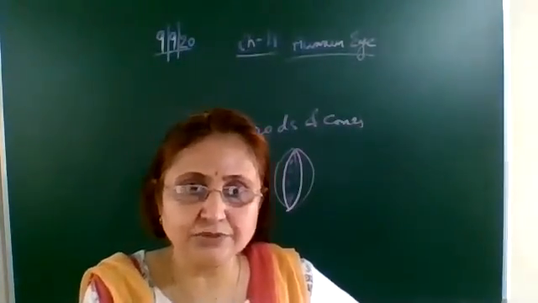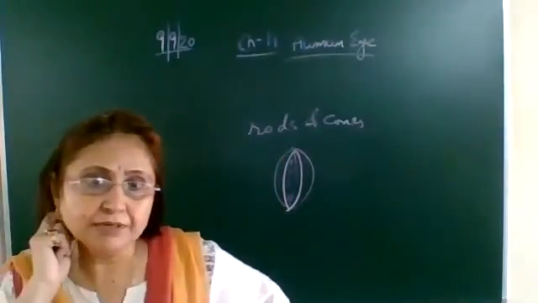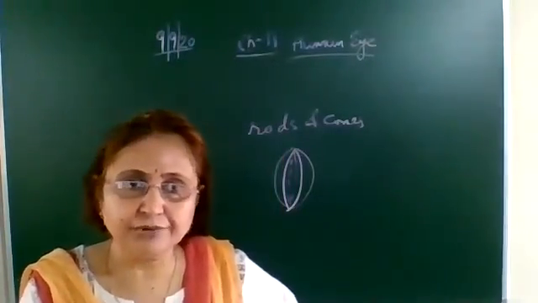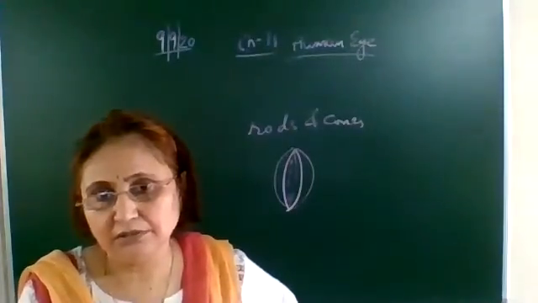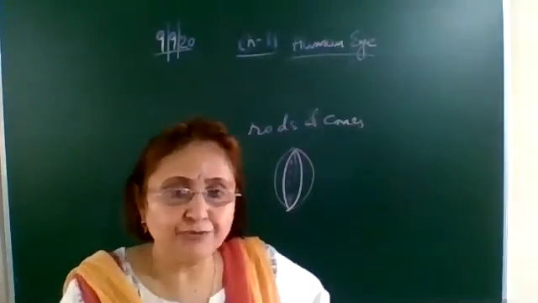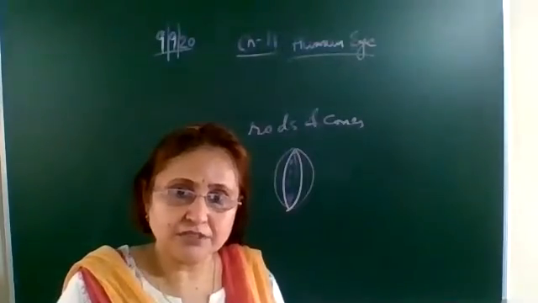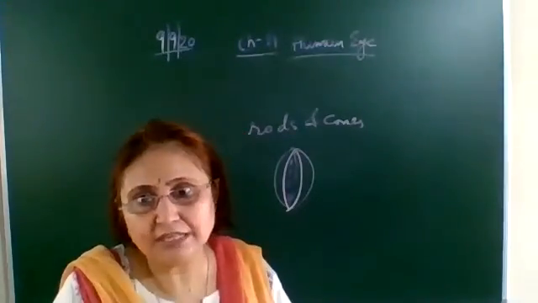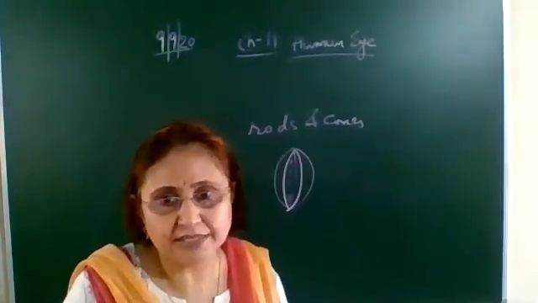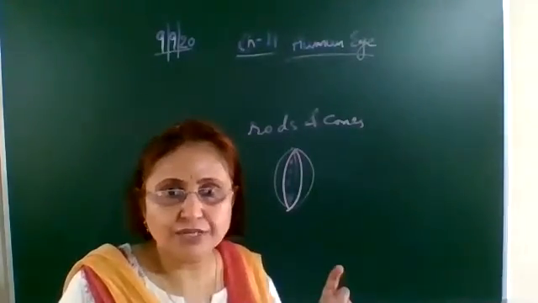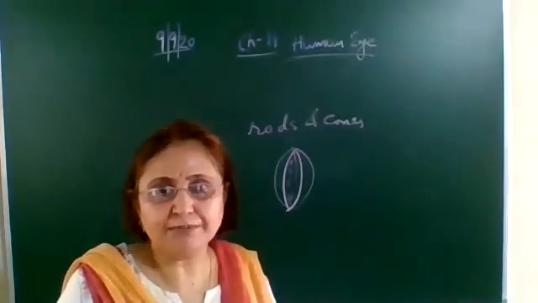Like the glass lens which you see in the lab, its focal length is fixed. If you have got a glass lens of focal length 20 centimeter, you cannot change it. But the focal length of the eye lens can be changed with the help of ciliary muscles. And how is it changing? Either the ciliary muscles are relaxing or contracting. Relaxing means you are seeing the far away object. So when you are looking at the far away object, the lens will become thin.